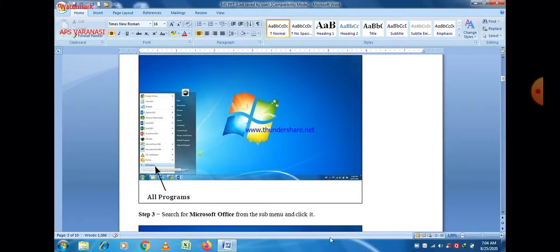Then click on all programs, or you can search for Microsoft Office from the sub menu and click it.